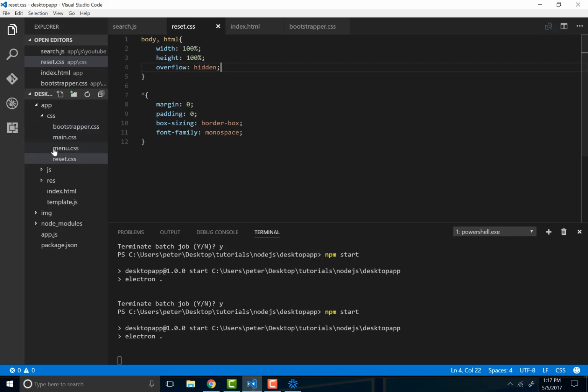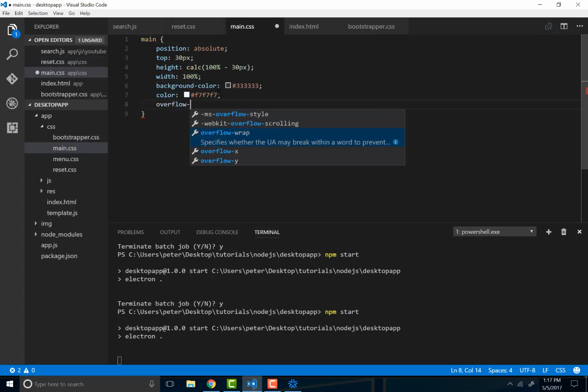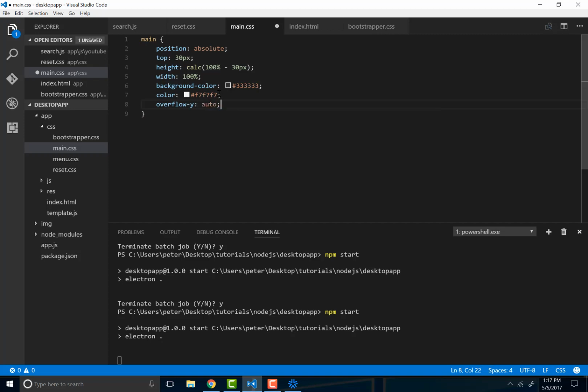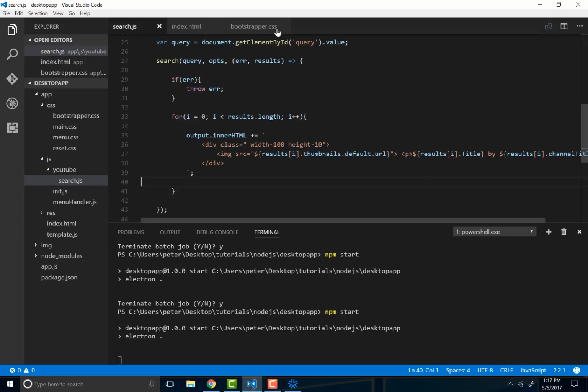And we're going to go to our main. We're going to do overflow-y, so the vertical overflow. It's going to be auto, so it automatically decides if it should have a scroll bar on the side or not. So now if we go back,